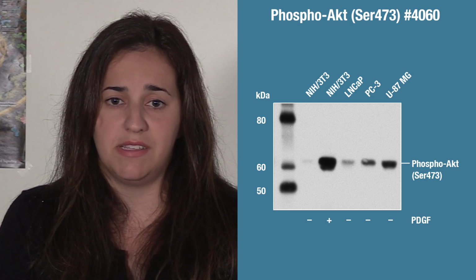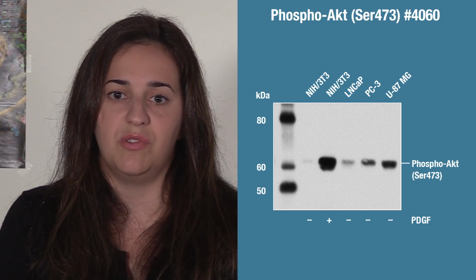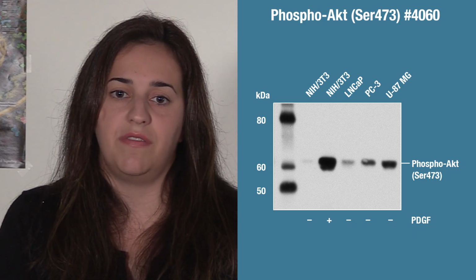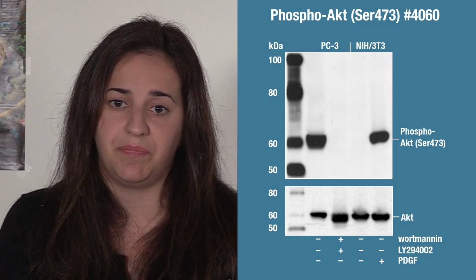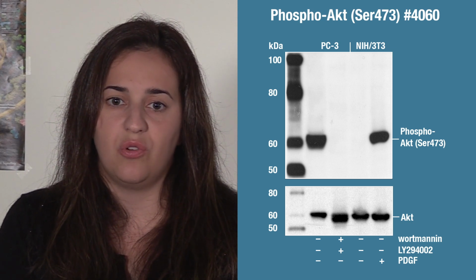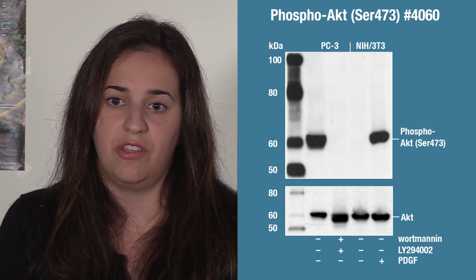For example, baseline phosphorylated AKT is low in some cell lines but can be induced with growth factors. But in other cell types, the baseline of activity will be high. So keep this in mind if you don't see an expected increase in phospho signal. It's possible that the baseline phosphorylation in your cells is already high. This can be confirmed by incorporating alternate control lysates of varying baseline activity or with other manipulations like phosphatase treatment.